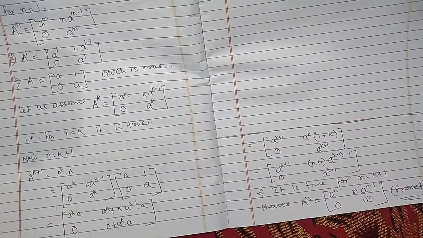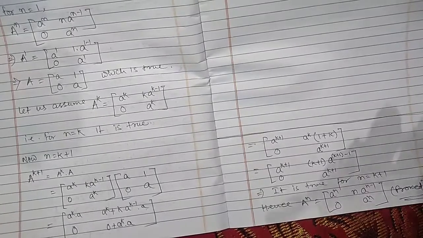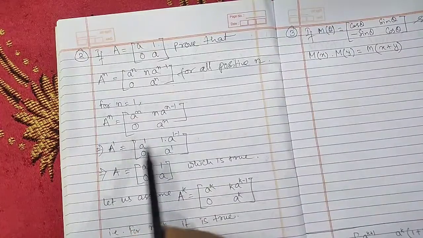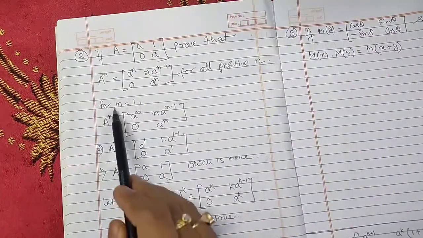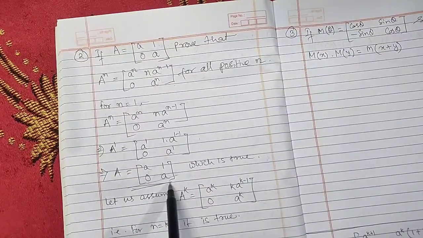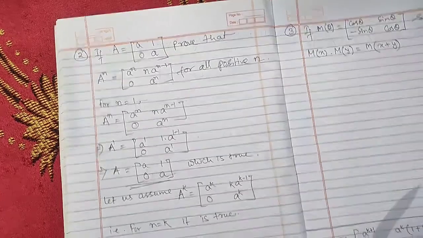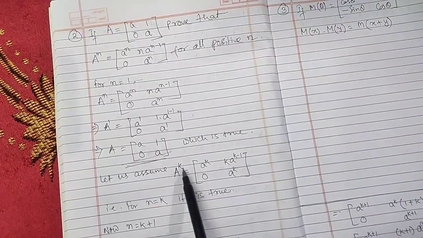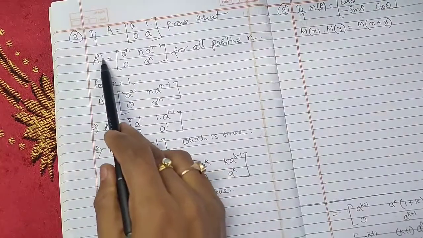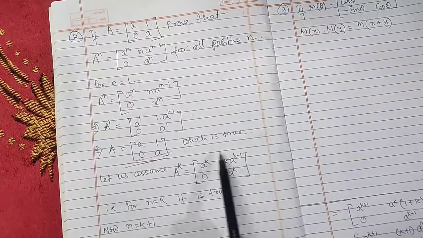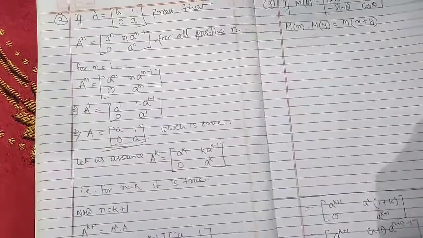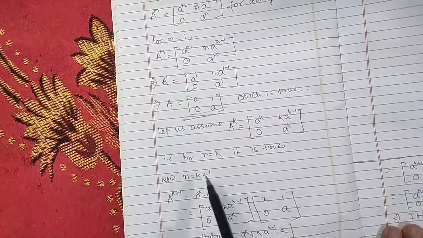So here the method we are applying is that first we check from the beginning. First we are finding whether it is true for n equals 1 or not. So for n equals 1, the value of A is coming, that means it is true. Now we are assuming that for n equals k it is true. So whatever we have to prove, just in the place of n we are writing k. So we are assuming that this result is true. Now we are checking whether it is true for n equals k plus 1 or not.